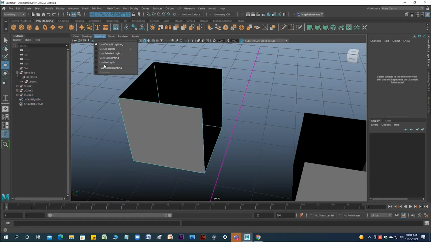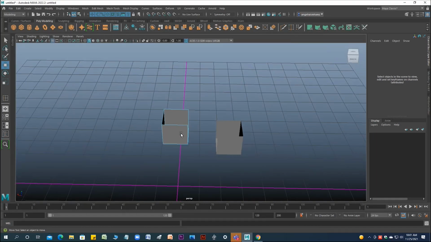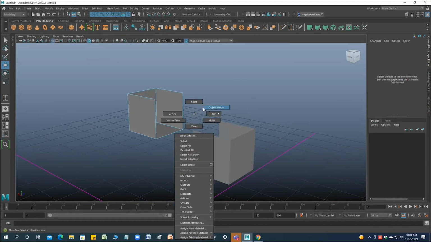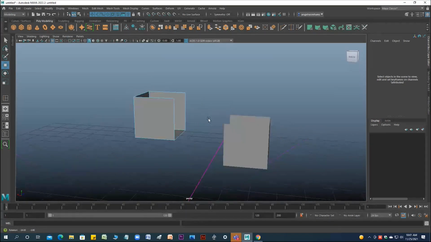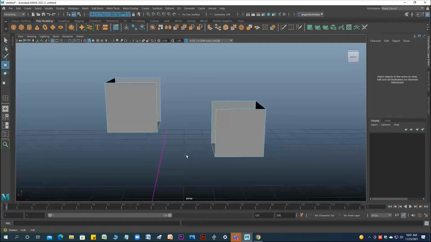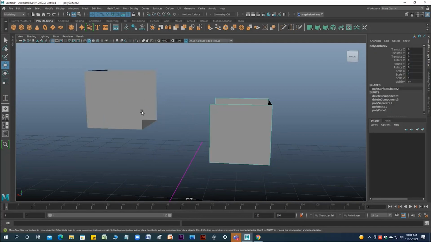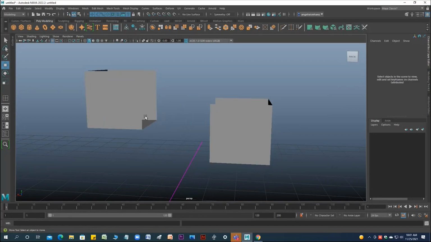Let me open the light for two sides. Select edge. If these are separate, go to object mode. So these are separate objects, and I'm trying the tools when the objects are separated.